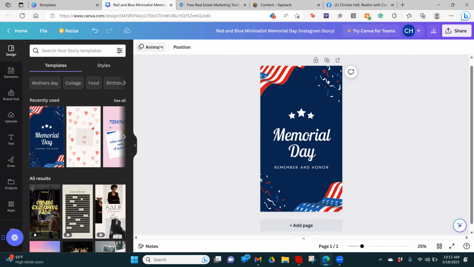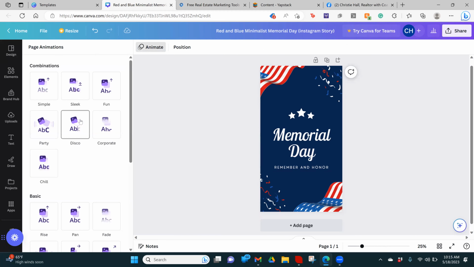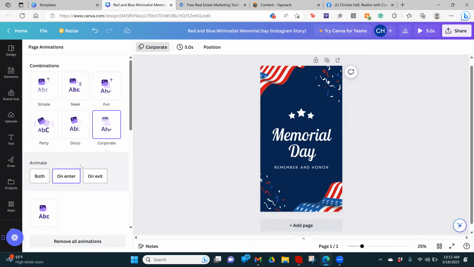So I personally really like the animate all, and I'm going to use this one here. I think that looks great, corporate. And then you can either do both, which means on entry and exit, it's going to do it. See how it wipes away, or I can do it just on exit where it's there and then it just wipes away at the end. I like doing both